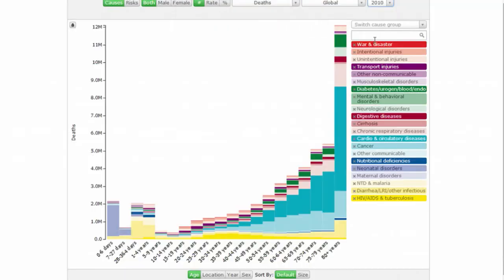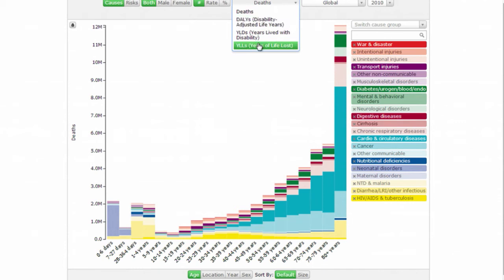Let me just go back to show this in more detail. You see children's deaths shrinking and more deaths moving to older ages, which is great. It seems we have done a lot of things right in terms of reducing child mortality. But there's still a lot of work left in that area, because if we switch to YLLs, so this metric